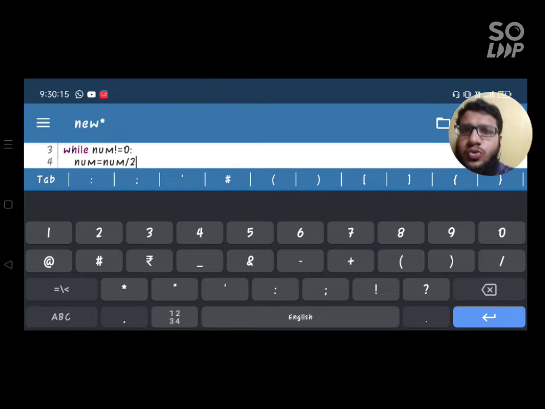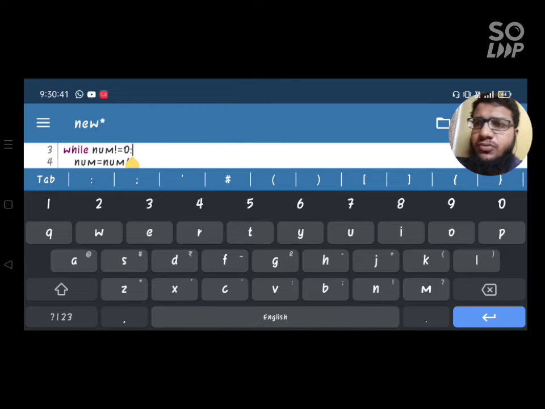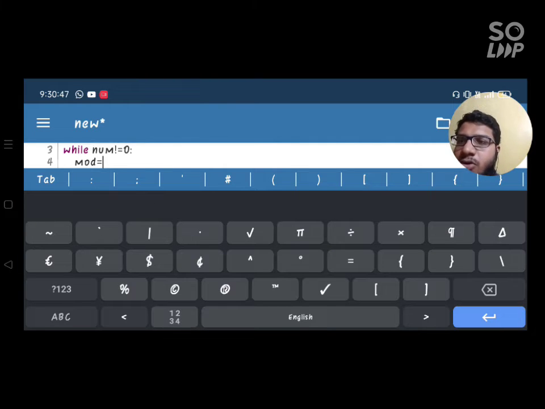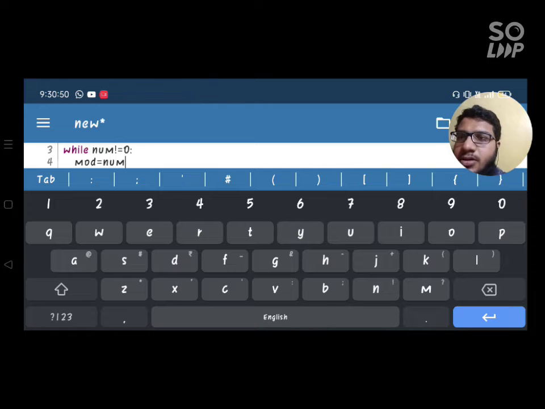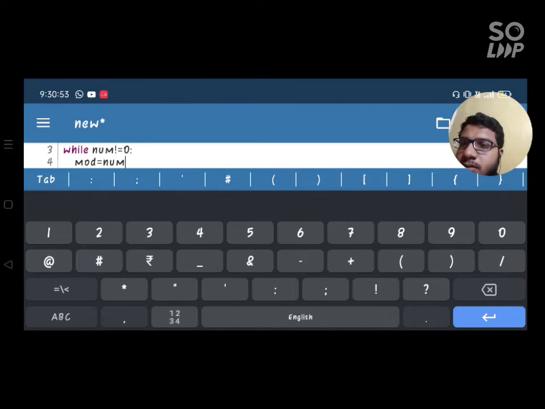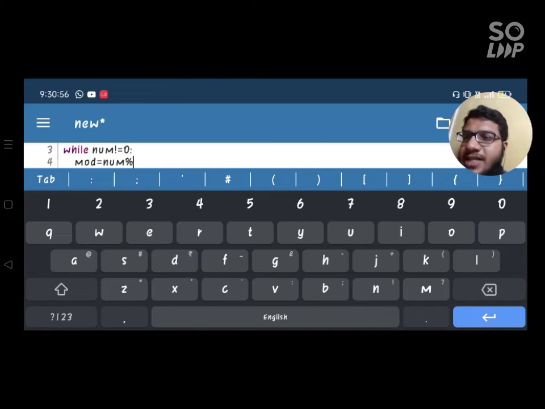So first I have to divide the number. As you all know how we take out the binary number, say for example we are doing it on pen and paper manually, we will be using this 10 and taking out the remainder. Whenever there is no remainder, we write 0, and when there is a remainder we write 1. So first I have to make a mod. So mod is equal to, I have made one variable naming mod, and here I will be modding this. So I'll use mod 2, that is num mod 2.